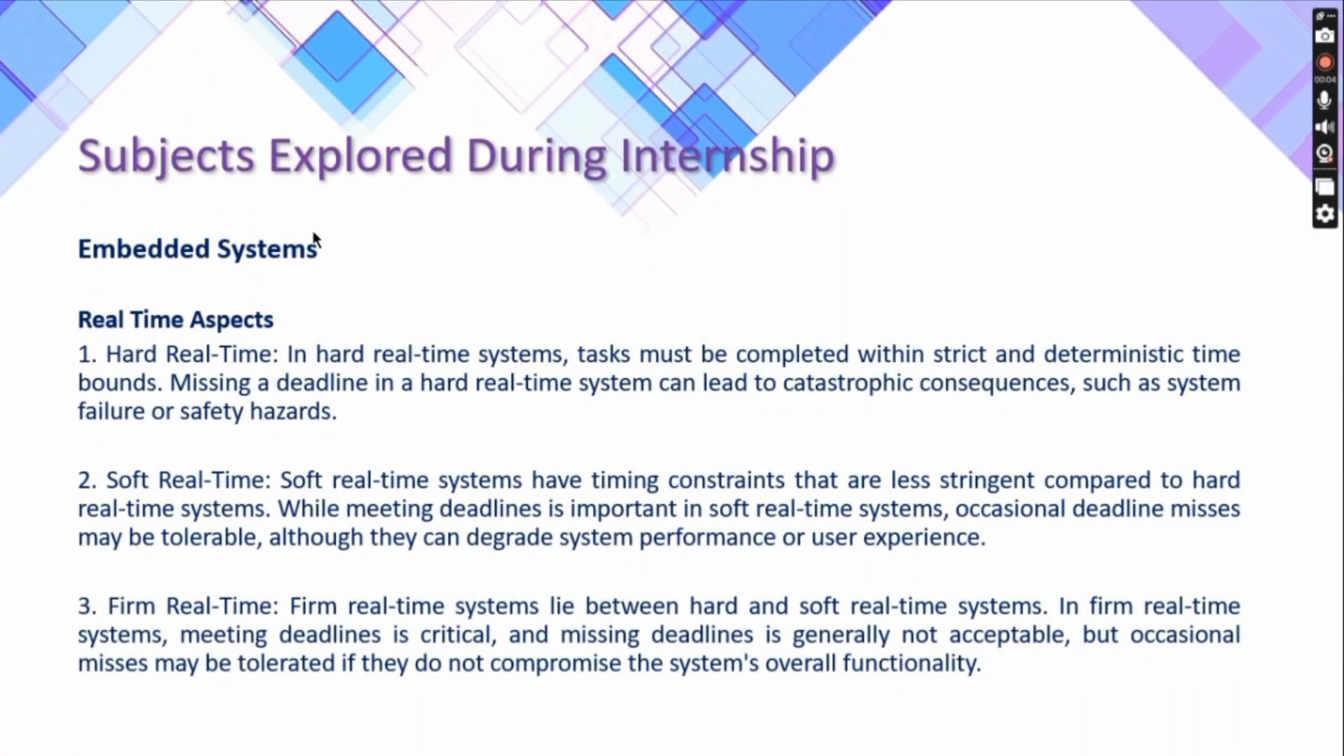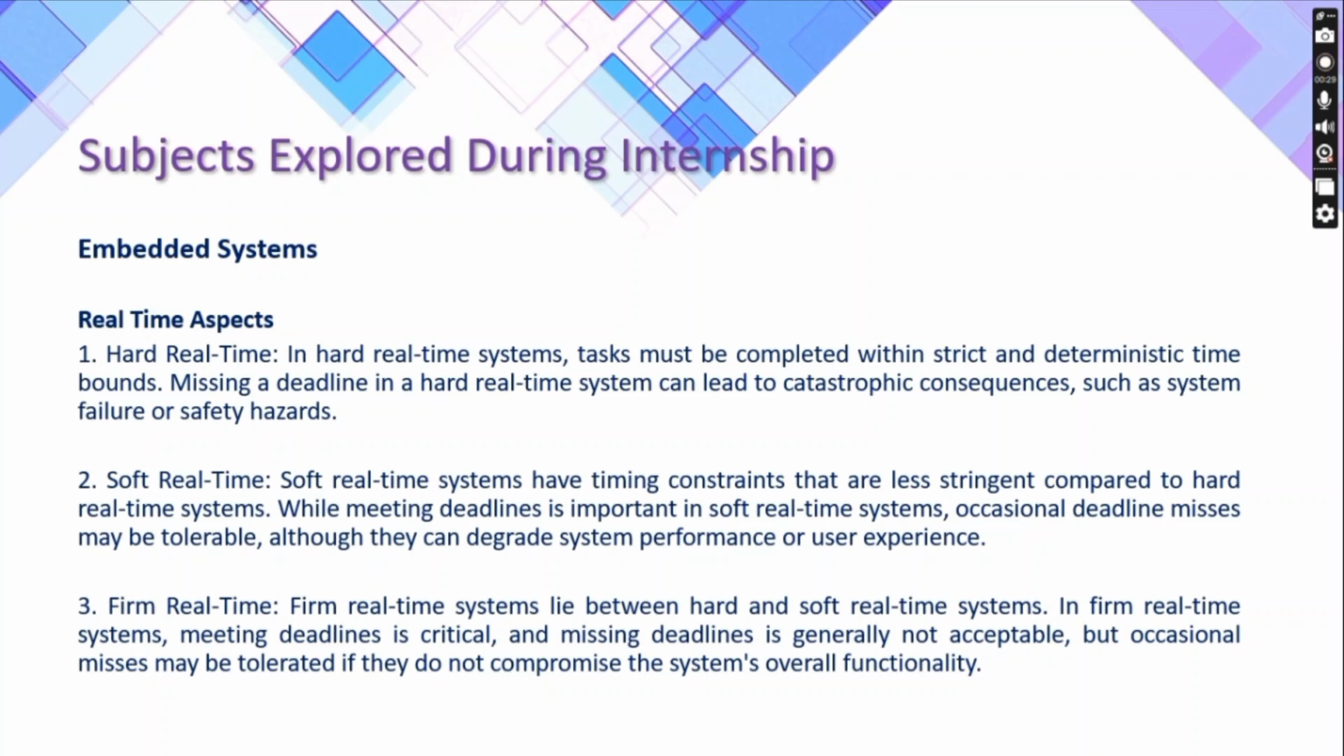Real-time aspects in embedded systems are as follows. First is hard real-time, second is soft real-time, and third is firm real-time. In a hard real-time system, a task must be completed within a strict and deterministic time bound. If we miss a deadline in a hard real-time system, it can lead to catastrophic consequences such as system failure or safety hazards. Soft real-time also has time constraints, but they are less